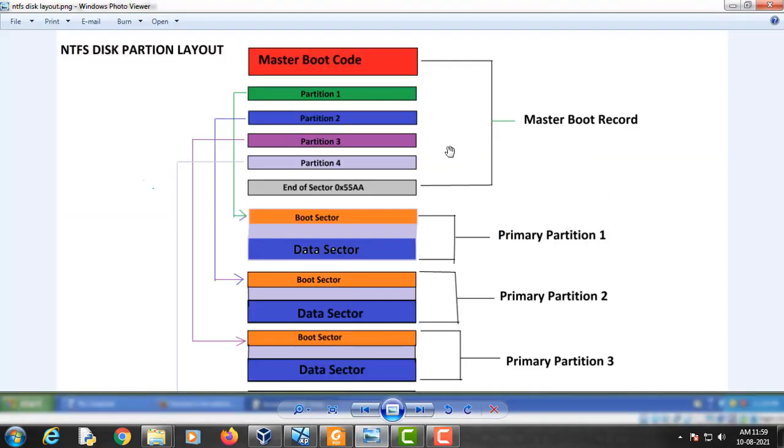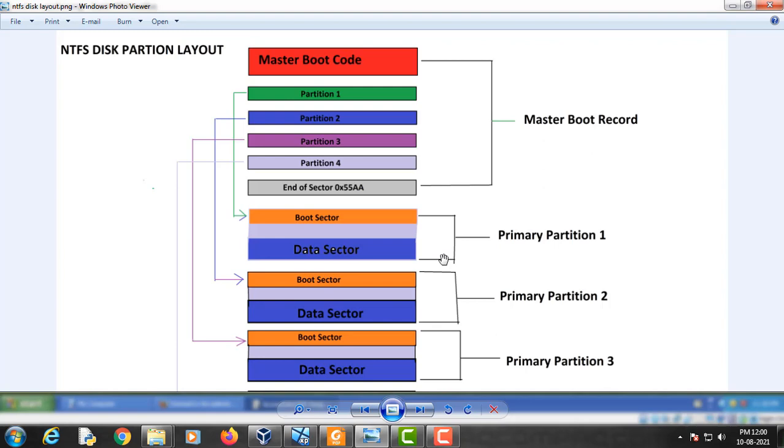In this video, we will learn about NTFS file system. First of all, we will read master boot record. From there, we will find the location of boot sector and we will read this boot sector and extract some useful information from this boot sector. From there, we will find the location of master file table, and from master file table, we will try to extract an existing file